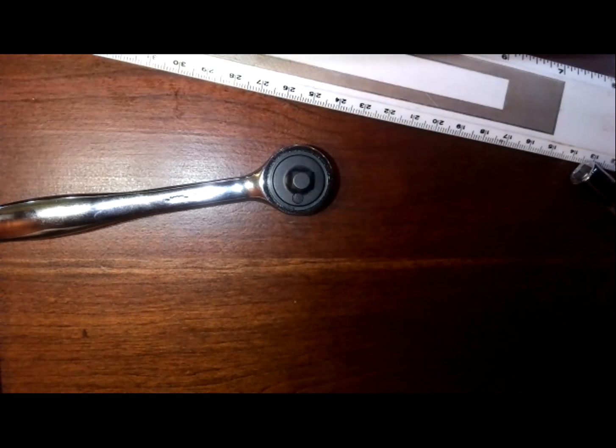I'd love to see more reviews on their 1/2 inch and 3/8 inch ratchets, as well as their 3/4 inch or 1 inch ratchets. They have huge stuff. Just if somebody needed, I think they have a railroad wrench. I've never seen that before. A railroad wrench. Anyway,